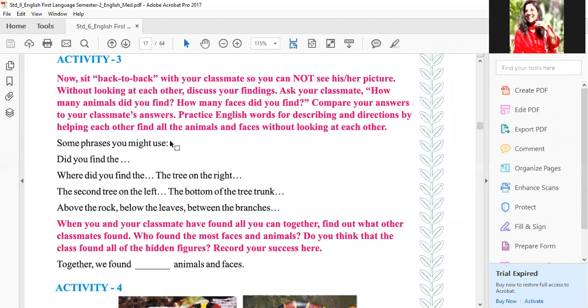Now, you have to observe that picture, right, in activity 2. And then you have to write how many faces of animals and how many human faces did you find? And you have to write it in the phrase form. Now, suppose example, मैं कुछ जो है यहाँ पर लिखती हूँ,